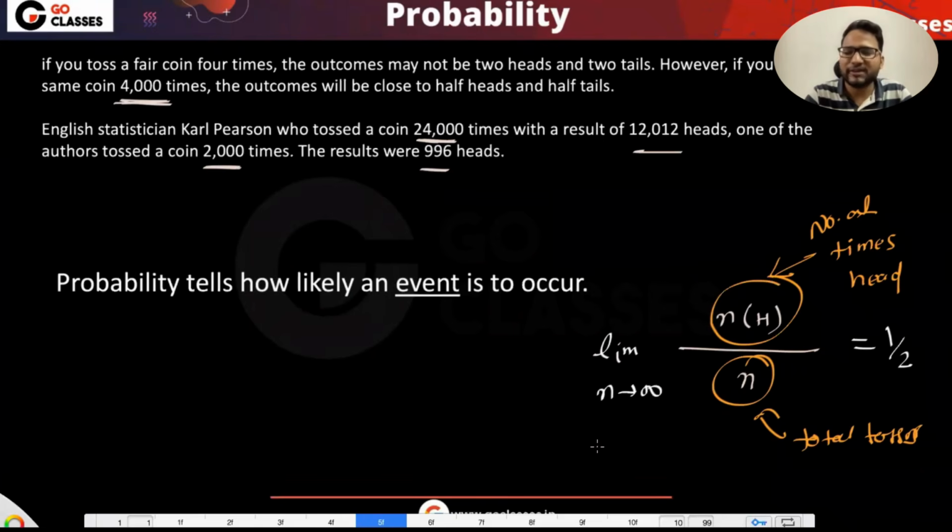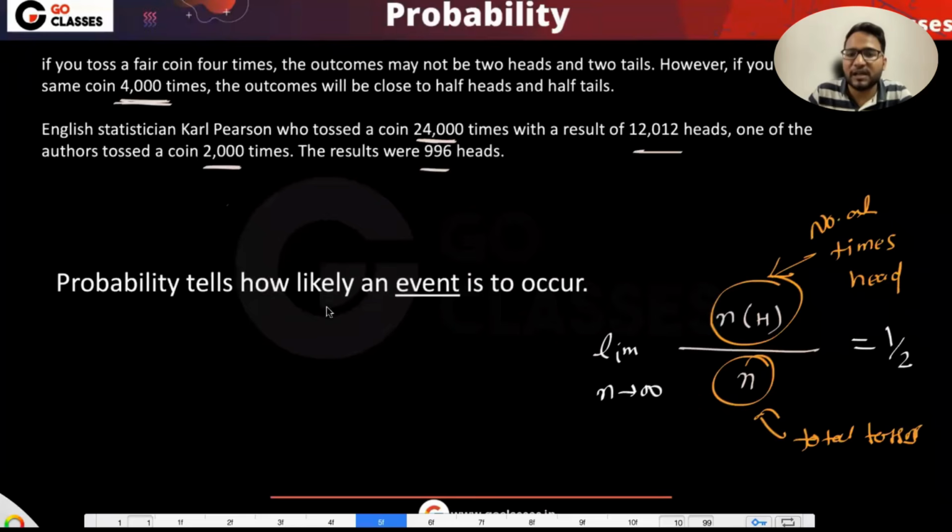Otherwise, in the practical sense, as I just showed you the examples, you do not need to toss infinity times. If you toss maybe 1,000, 2,000 times, then also you will get almost 996 times head, like that mathematician got. Some other people have tossed other numbers and got similar to half heads and half tails. So it means that probability is half. You will understand later slowly as the course progresses. But for now, understand that if you toss enough number of times, you will get almost half as head and almost half as tails.